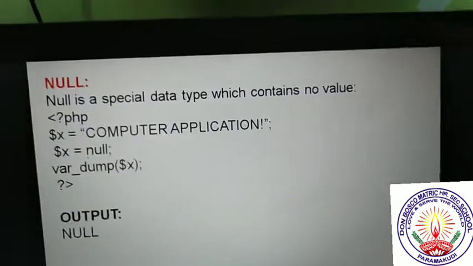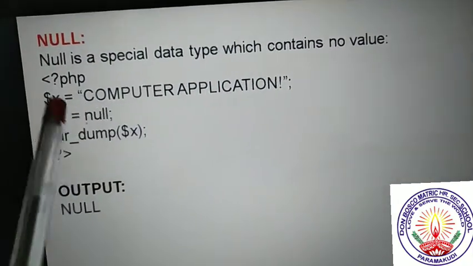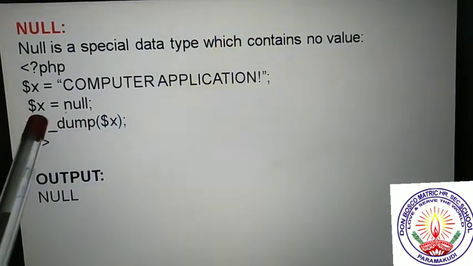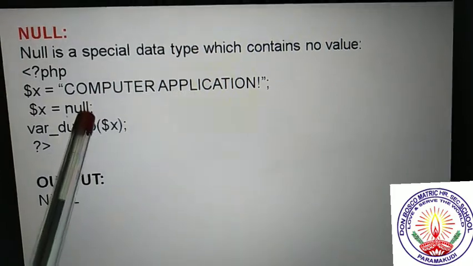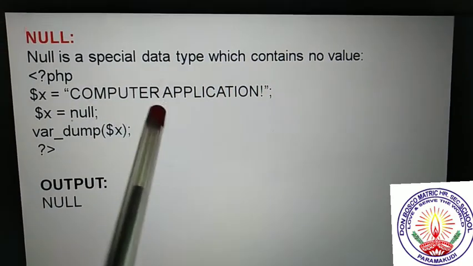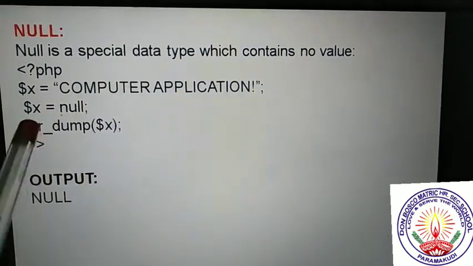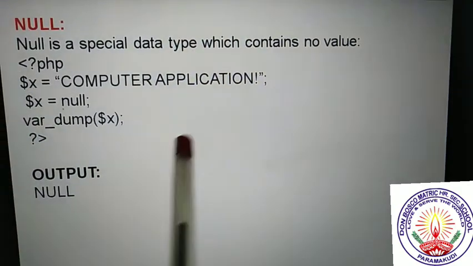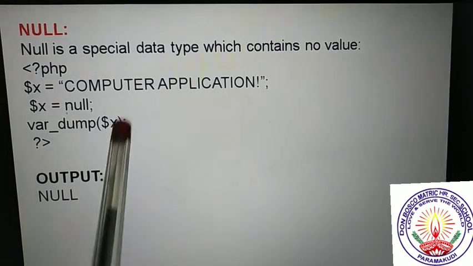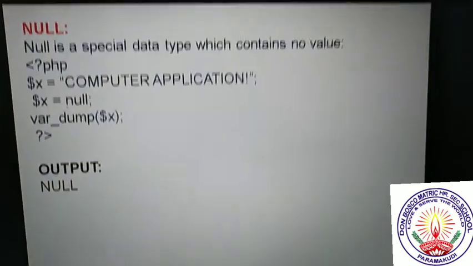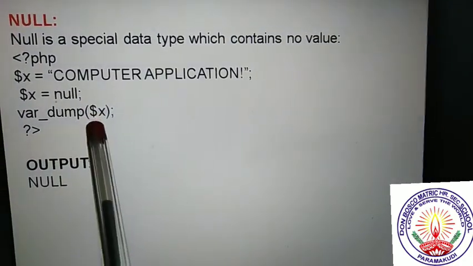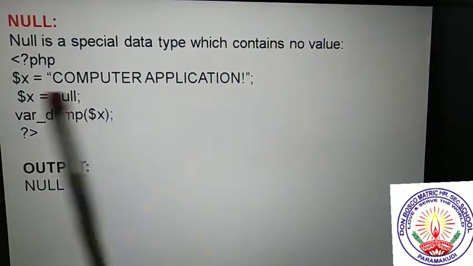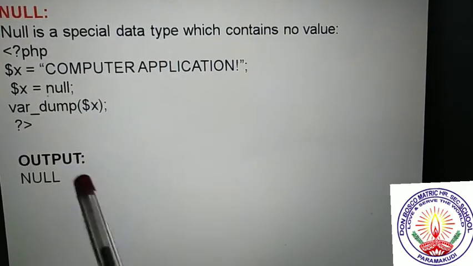So for example, x is one variable getting the value "computer application", but then $x = null means however many values were stored before, finally you declare null, so the variable is cleared. That means the variable is empty. So var_dump of x, the x display. What is the value in x? Null. So null means empty. Okay.